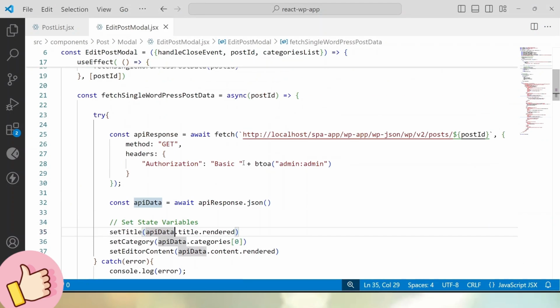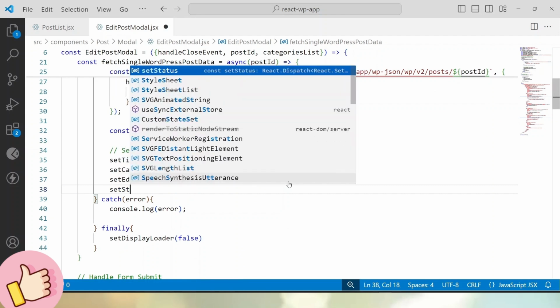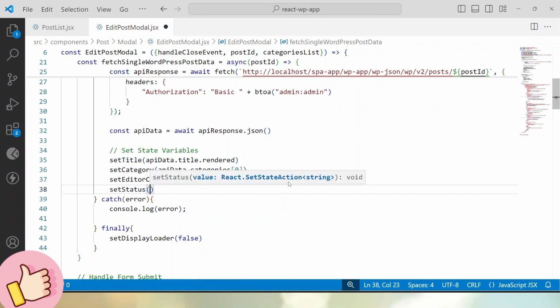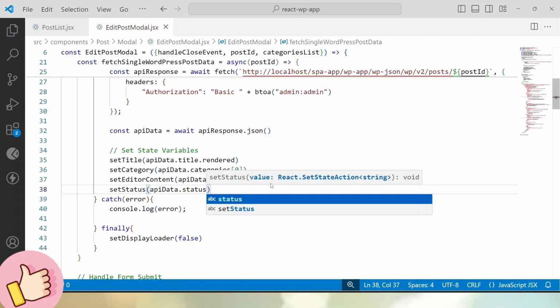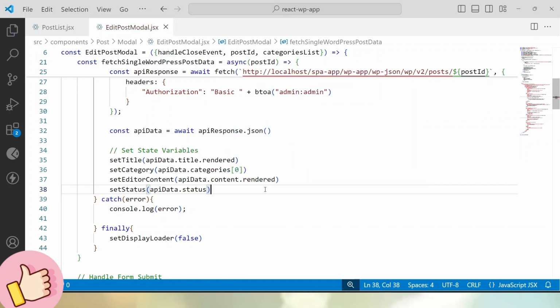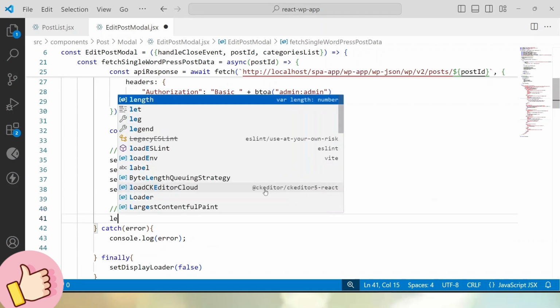So what we can do here, let's go inside this function to set status. So set status will be the function API data dot status. Save these changes. Now to get the media ID, so here media ID equals to, let's say, let